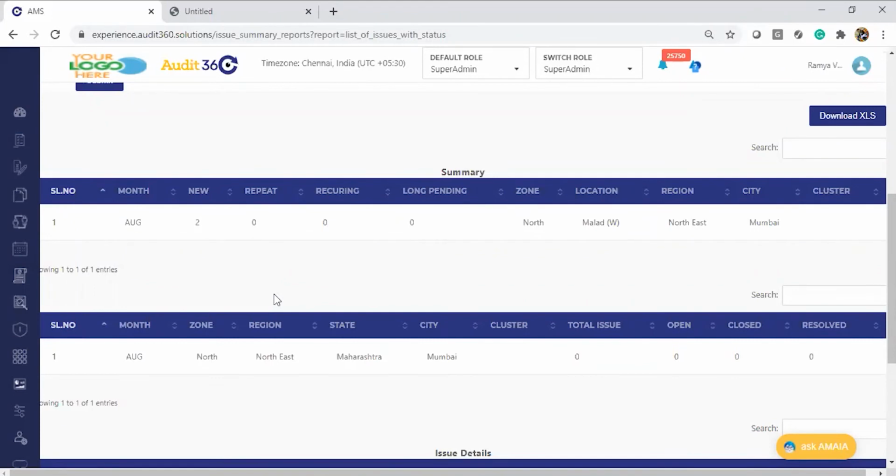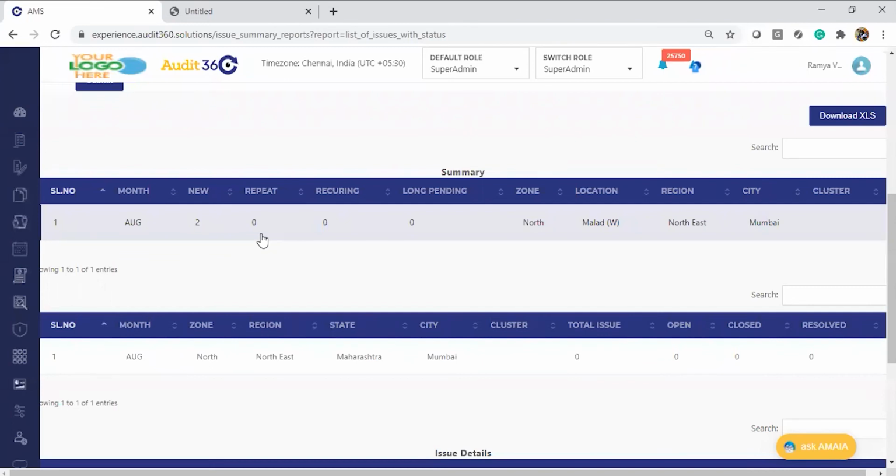In my next monthly schedule, I executed the same Evershine Nagar in July and identified 1 issue. That 1 issue was already identified in the previous execution, so it becomes a repeat issue. So this report will give me the tagging of how many such repeat issues there are.